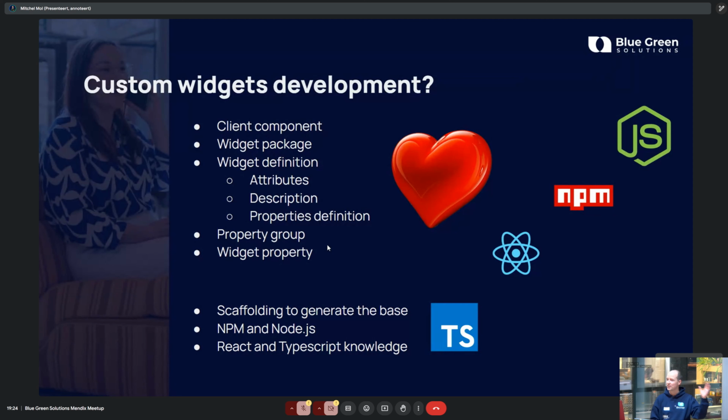It does this with NPM and Node.js that you do have to install. And of course, when you're building widgets, you need React, and TypeScript knowledge is preferable. Otherwise, it's going to be difficult. You can try to ask ChatGPT, but as we've seen during the Clever meeting, it hallucinates and then it loses its way.